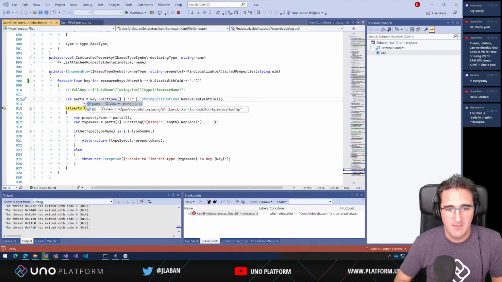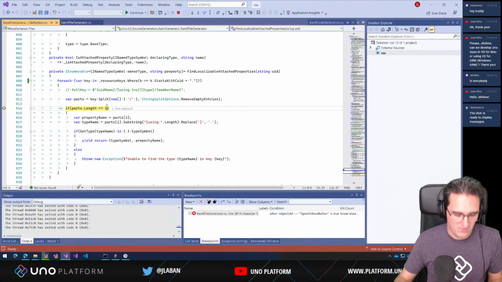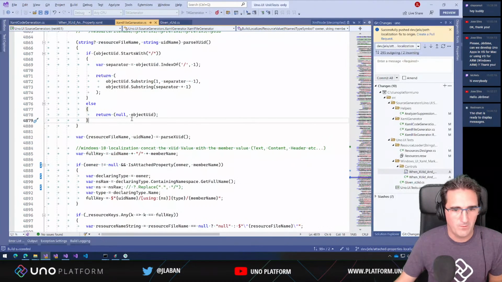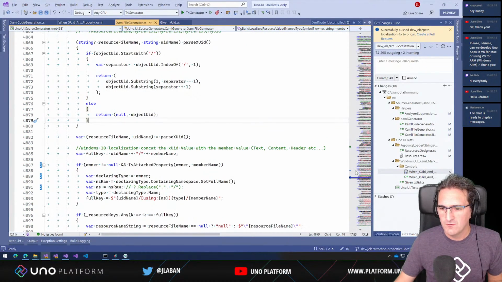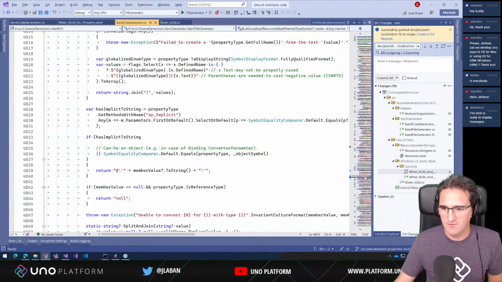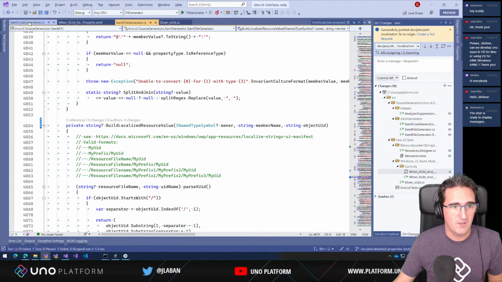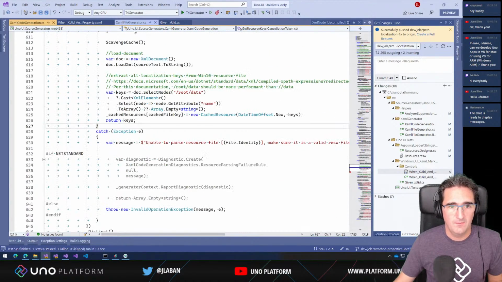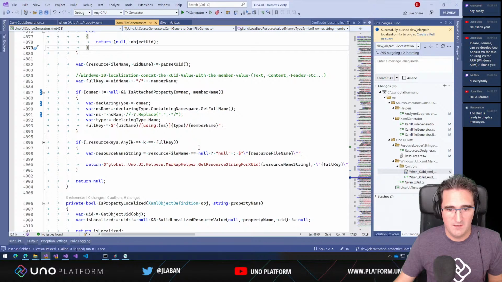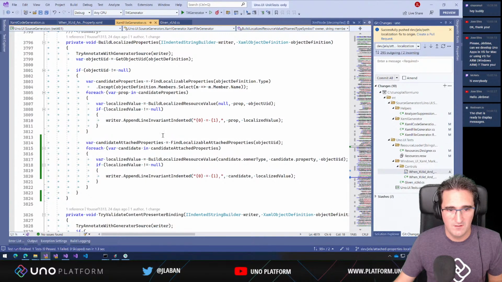We may just split it in half instead of splitting into multiple parts. So let's do this differently. Okay. So instead of doing parsing that way, because it doesn't work, we're just going to be taking the first part of the